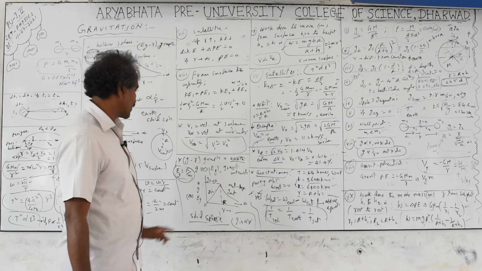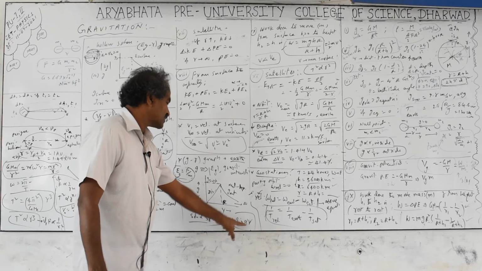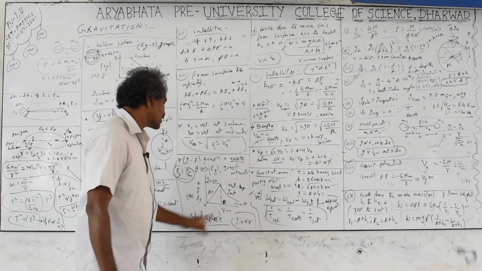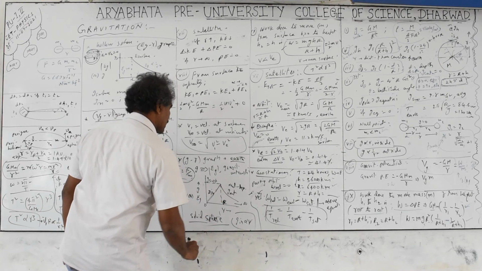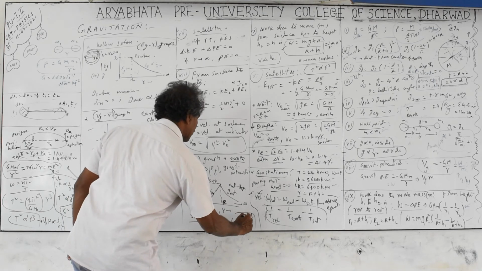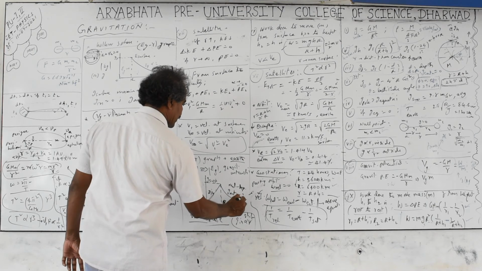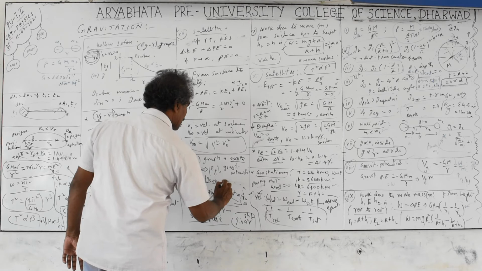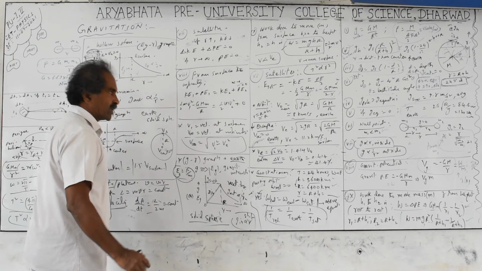Next, acceleration due to gravity, g, is directly proportional to r, where r is the distance from the center of the planet or center of the solid object. So g is proportional to r inside, which means the graph you get here is a straight line passing through the origin. But outside, g out is inversely proportional to r square. Inversely proportional to r square, so the graph is a rectangular hyperbola outside. And on the surface only g is maximum, that too at the poles actually.